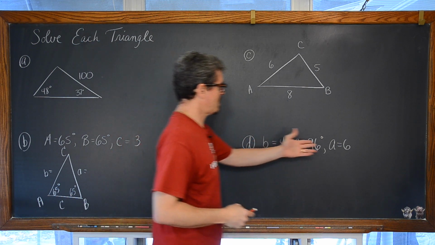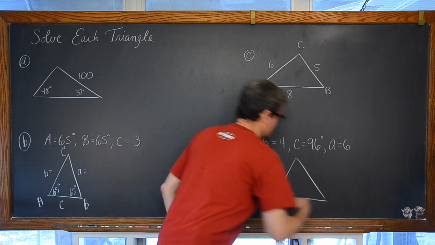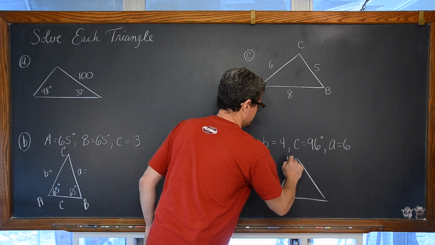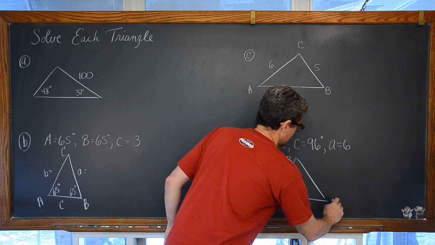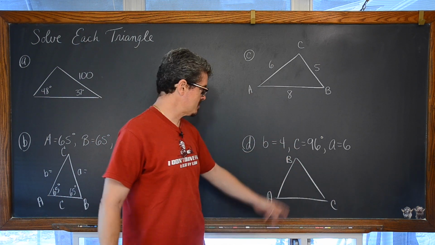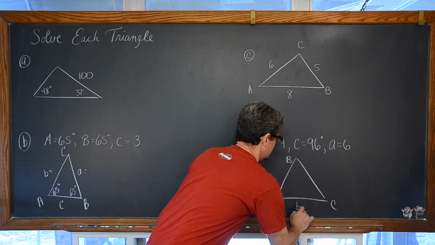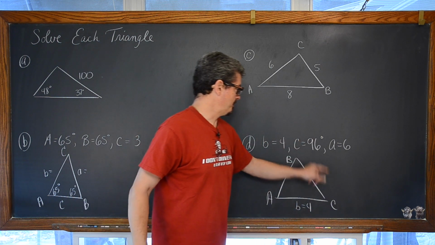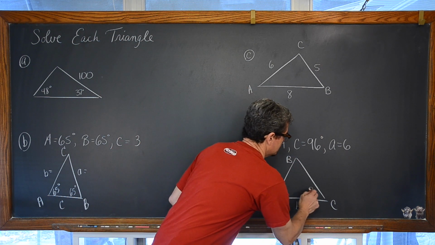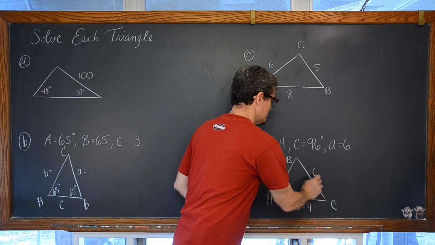And here we have another problem that does not give us the diagram of a triangle. So I'm just going to draw something, not really thinking about the shape, just to give me something to put some stuff down. I'll go ahead and put angle B up here, and angle C. Well, side B is 4. The side measurements are opposite the angle measurements, so maybe we don't know what the measure of angle B is, but we know that the side opposite to it is equal to 4 units. Angle C is 96 degrees, so it's obtuse, but it doesn't look like it in the picture. No big deal. And side A is equal to 6.